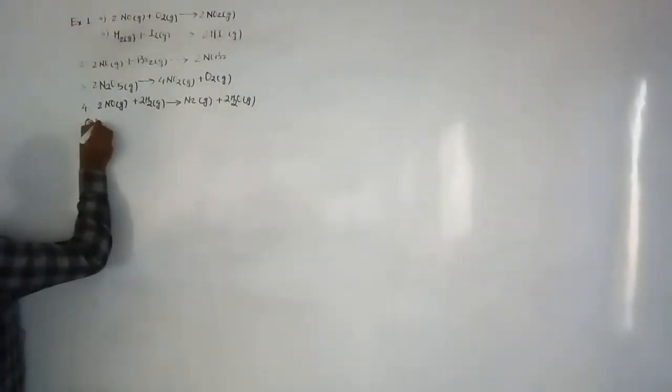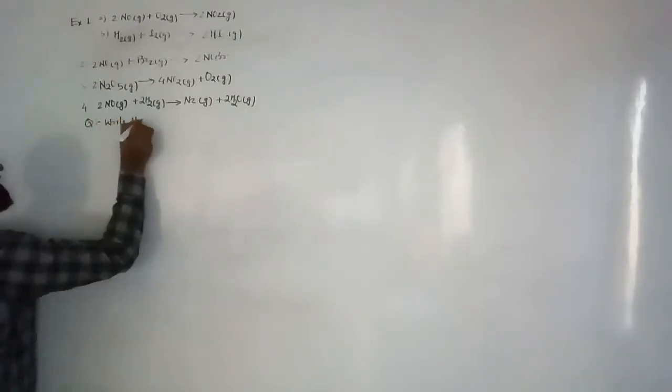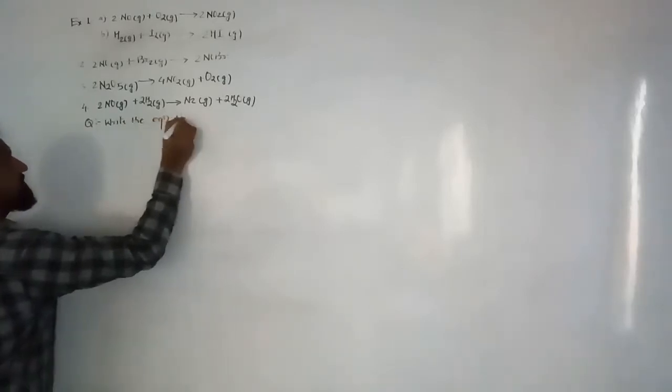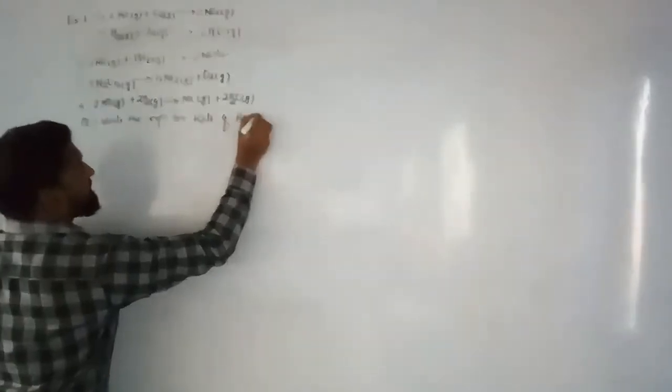So these are the characteristics of the velocity constant, that is the rate constant or specific rate of the reaction. Now some examples are given to you here, 1, 2, 3, 4. The common question for all the reactions is: write the equation for the rate of reaction. What to do now? We have to write the equation for the rate of the reaction. Understood? Now let us consider the first example.